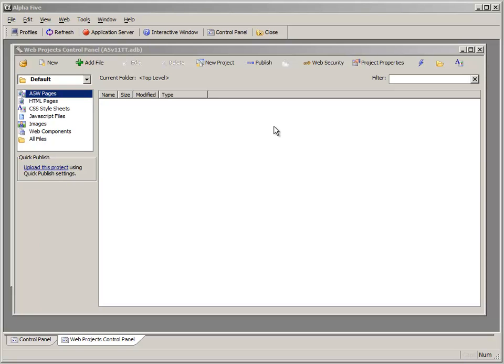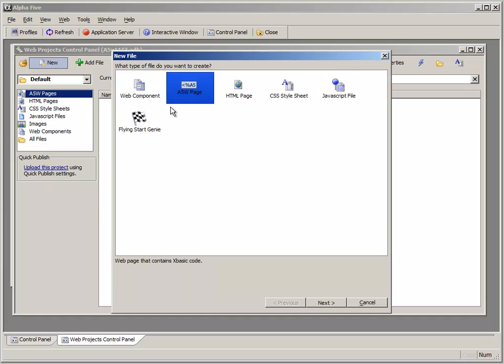So we have our data source. Let's go ahead and start looking at the components that we can build. So from the Web Projects control panel, we will select New, and we're going to start with a web component. You can see that there are A5W pages, which is generally what contains web components. You can build plain standard HTML pages if you'd like to. And of course, you can work with style sheets and JavaScript. And there's a flying start genie as well. We won't be doing that here, but that's useful if you want to have a lot of tables that all need similar components. So we'll go to the web component here